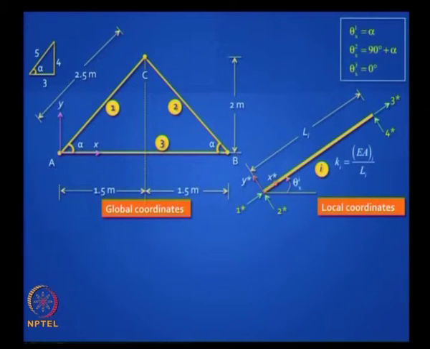Let us use the TI method and solve this problem. Okay, let us do it together. It is a simple problem, but the steps of it you should understand. You have 3 elements, you can name them 1, 2 and 3, and all the elements can have the same system of local coordinates. Here how many degrees of freedom you have? 4, because it is a 2-dimensional system. You have 4 degrees of freedom, we have discussed this earlier.